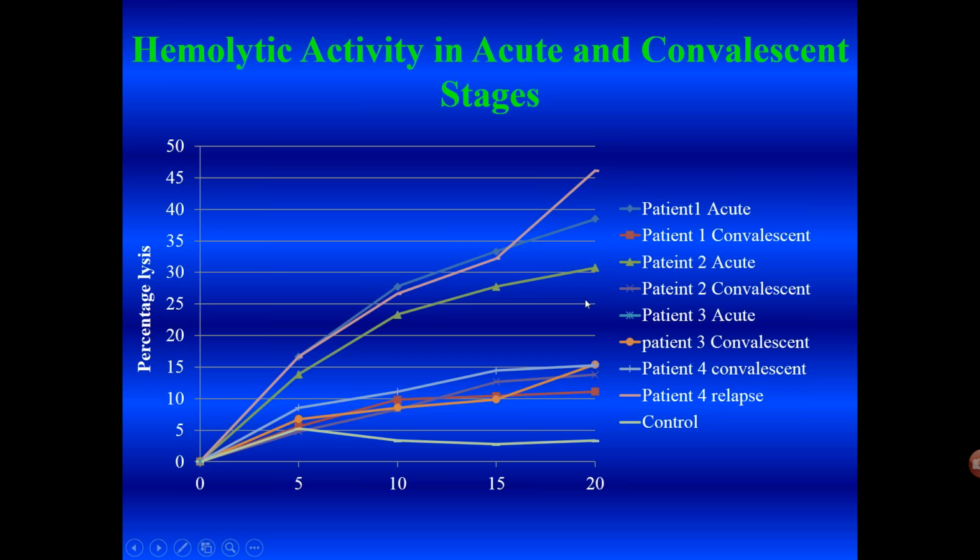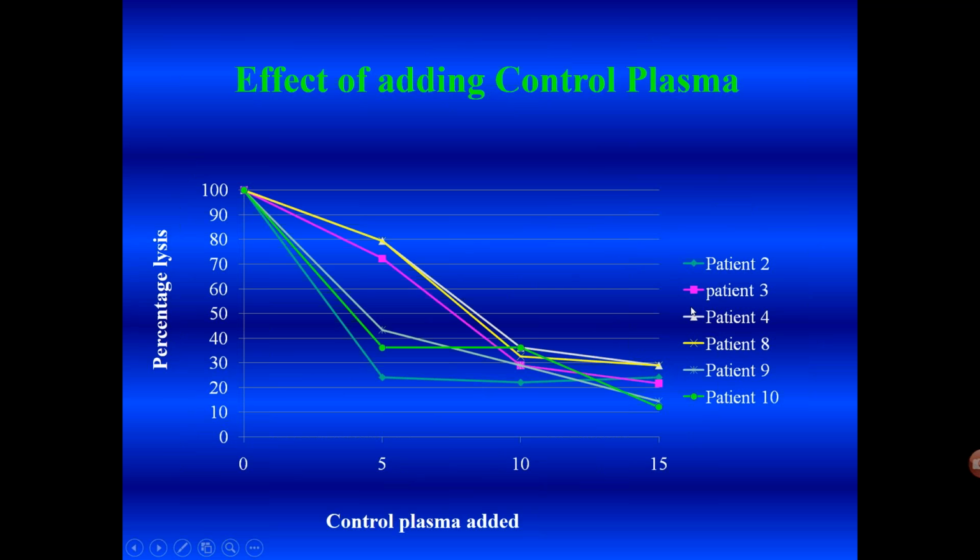As we can see here, this is 4 patients whom we looked at, and again it tended to rise during a relapse. So probably this could have been because of variation in the values of anti-factor H antibodies, but when we first started doing this, we did not know that that was what we were dealing with. What we were looking at was that disease activity was preceded by an increase in the lytic ability of the patient's serum for sheep RBCs.